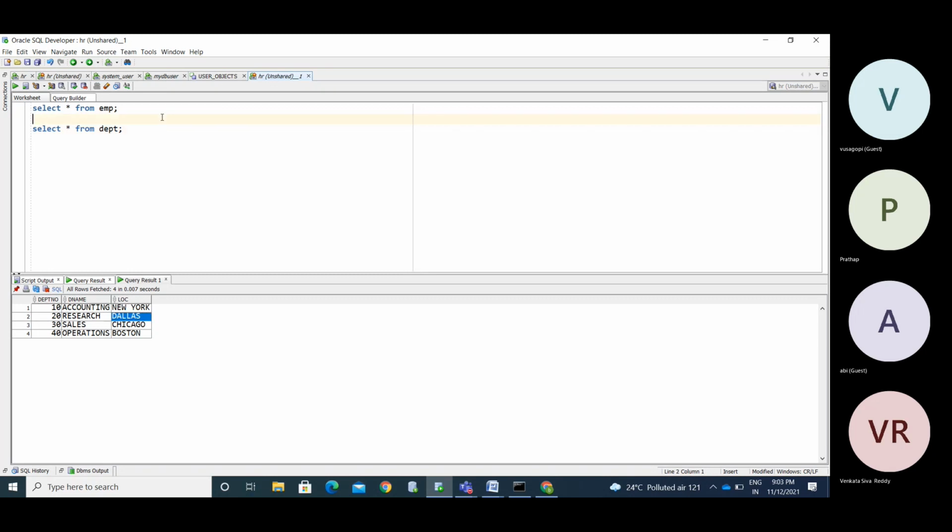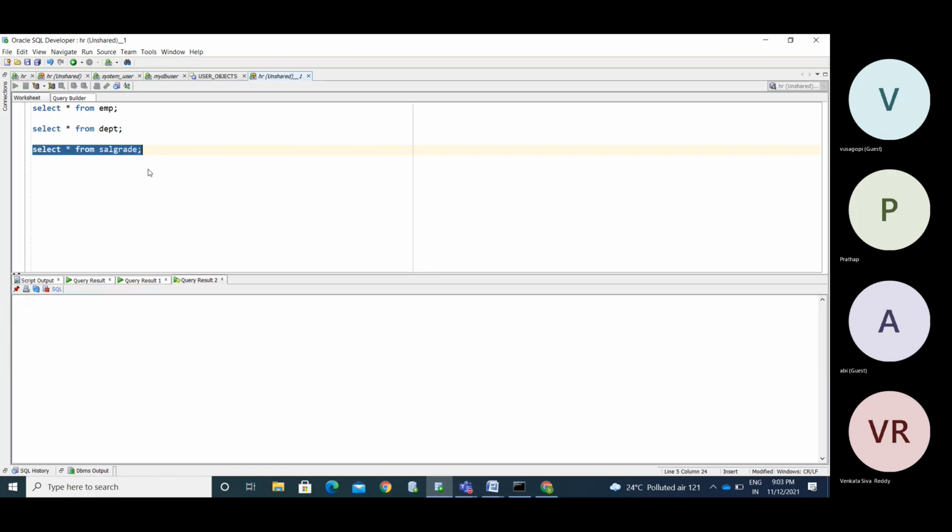I am going to pin this as well. And I have the grade table. Select star from the grade table. See, we have the grades here. Usually 10th class or intermediate students get grades like this. If you get 980, that means 9.8, between 9 and 10. If you get 995 out of 1000, between 995 and 1000, everyone gets 10.